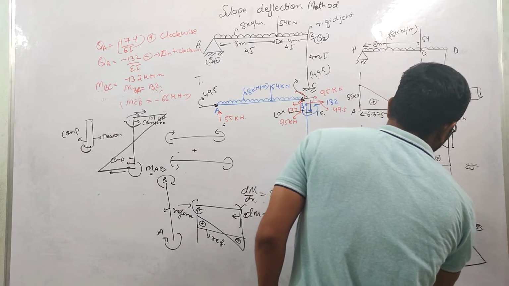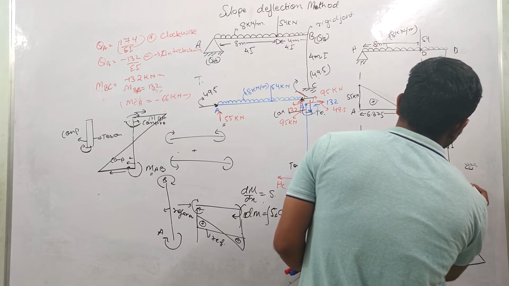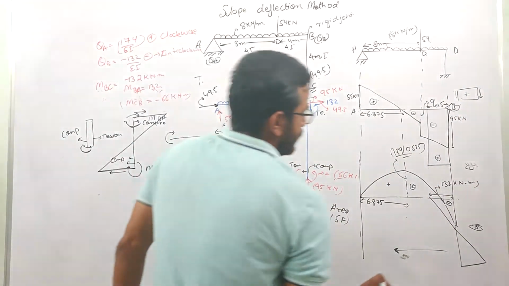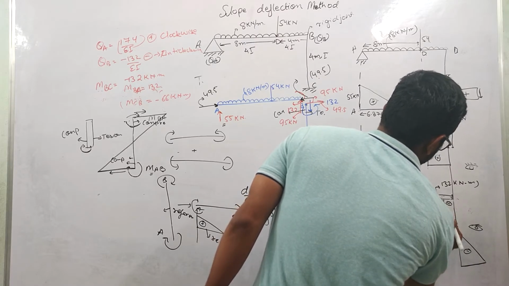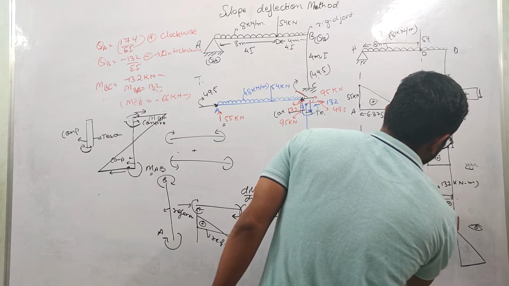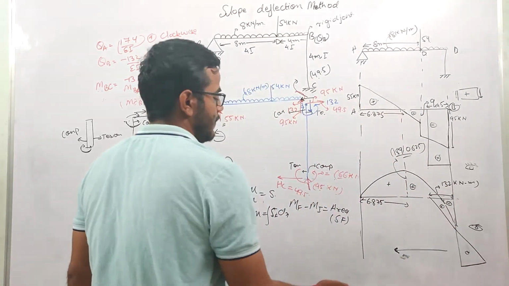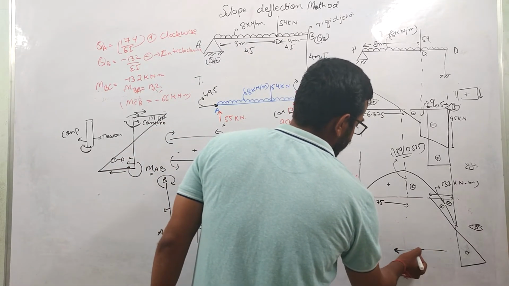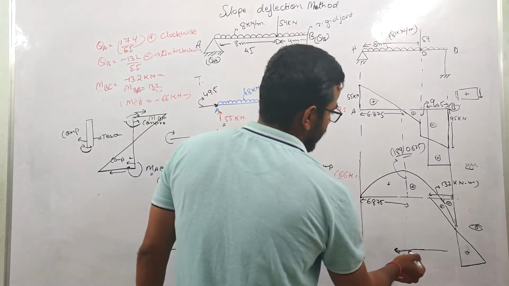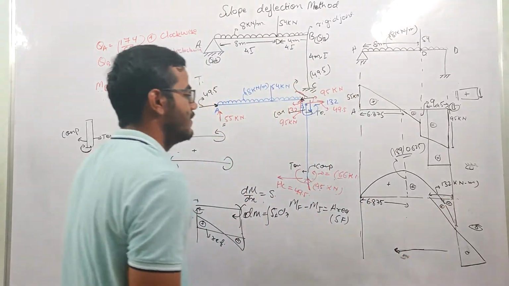Okay. This value is nothing but 132 kilonewton meter, right? So this is considered negative, or this you can say negative, on this you can say positive, something like that. Okay. With reference to this coordinate axis. Okay. Coordinate axis we are assuming this direction. Okay. So this is our reference axis. So this is positive and this is negative, like that we are saying.